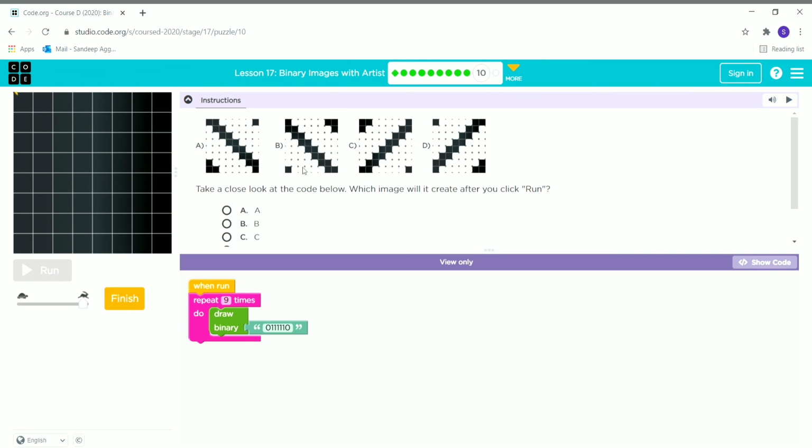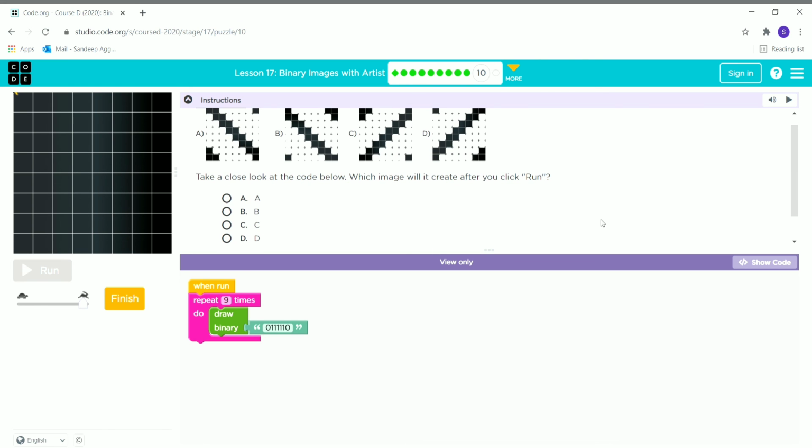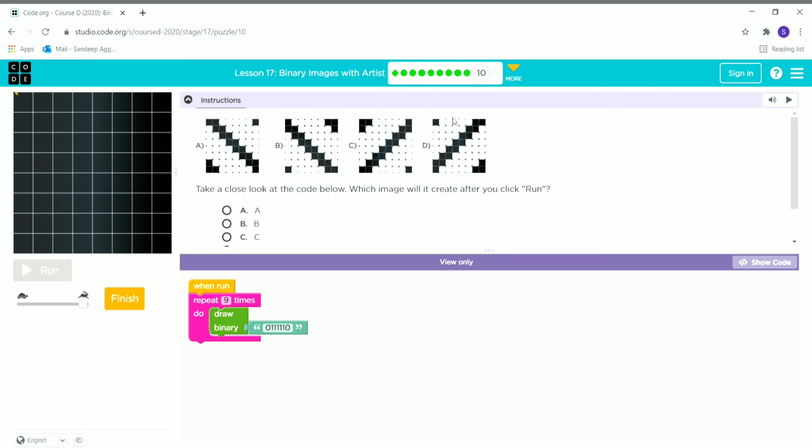In this, we have to take a close look at the code below and which image it will create after we click run. So the code will be repeated 9 times. The draw binary is 0111110. So I think it should be the D part.